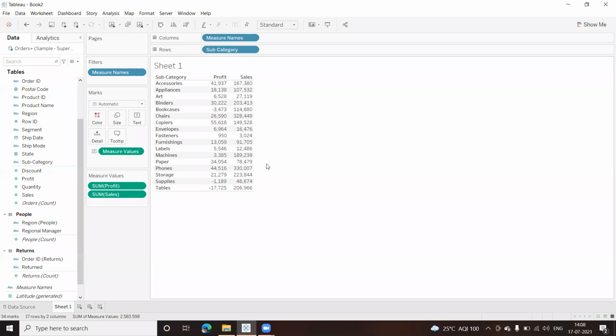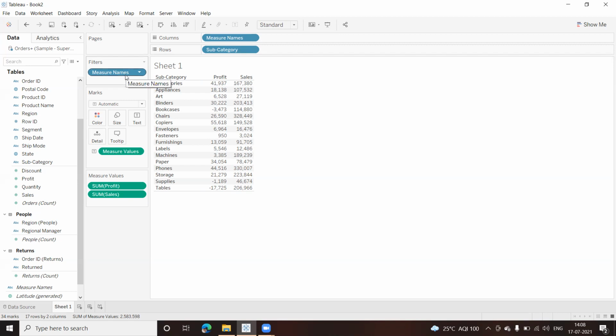But if you look at the panes here, all the panes have some additional features which have been added. Especially look at the columns here. Now, instead of showing profit and sales, it is showing me a field called Measure Names. And here also in the filter, I've got Measure Names.